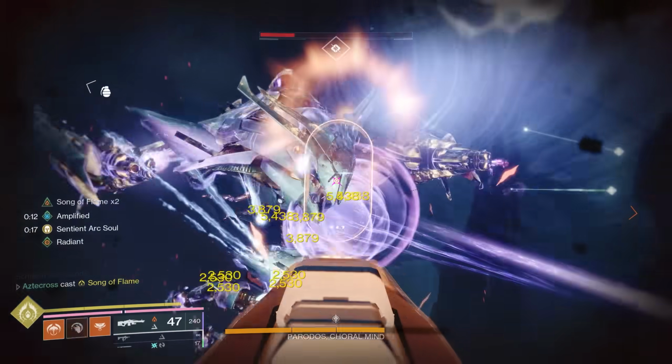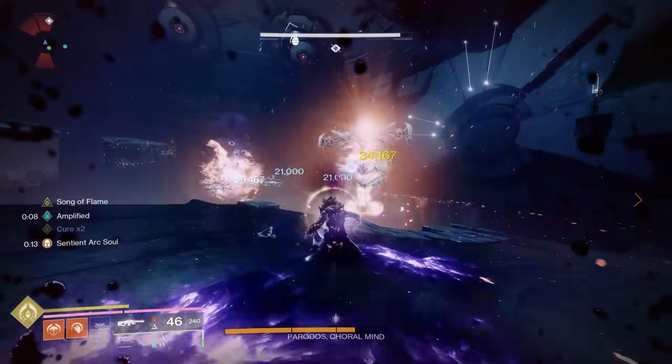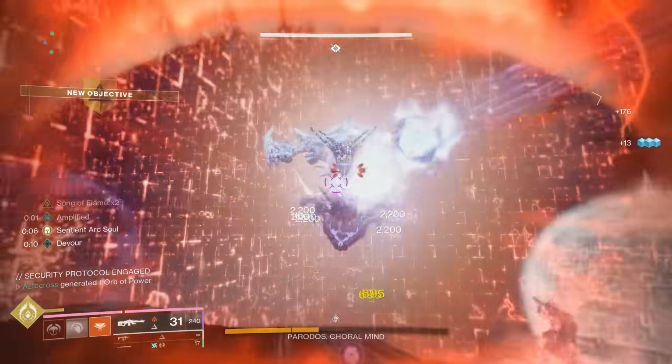Now once it's here, you unload on the boss, and when you hit the first health threshold, it will put up some non-moving kill walls and then start spawning ads. Now I recommend disregarding all of this and really just baking the boss until it teleports away, which should be